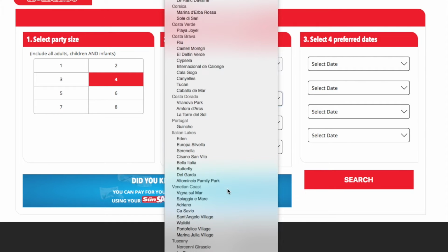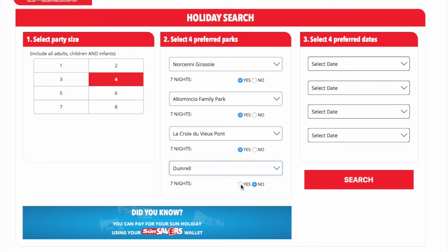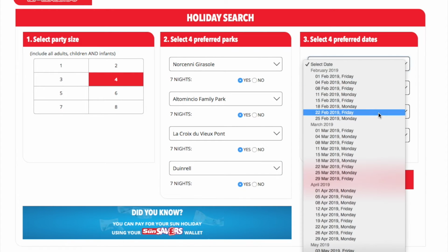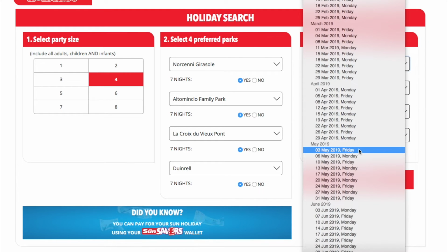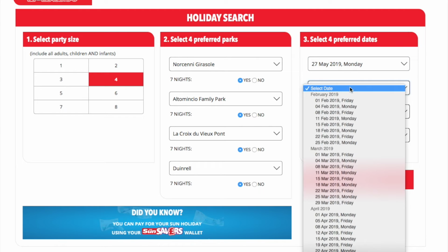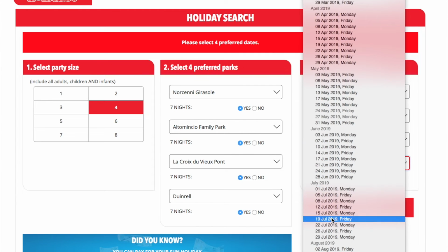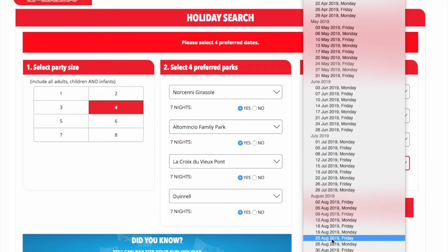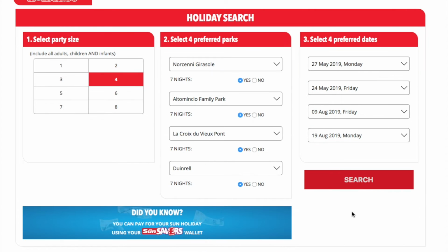So let's say I know that one looks quite nice in the brochure. One in Holland. So we're clicking the 7 nights because you want to go for the half term, the Easter holiday, sorry. So I know that for the girls' school, it's this week. Now you do have to put in 4 dates. You know, there are loads and loads of summer holiday weeks here, so you can but try, eh? And then just click search,